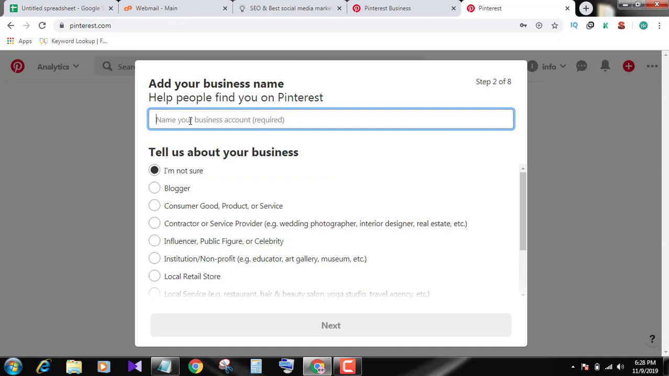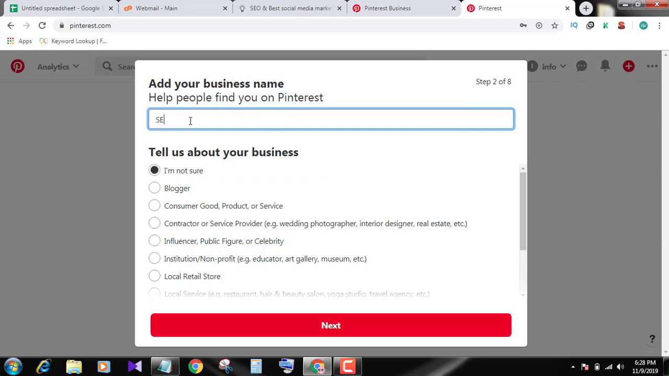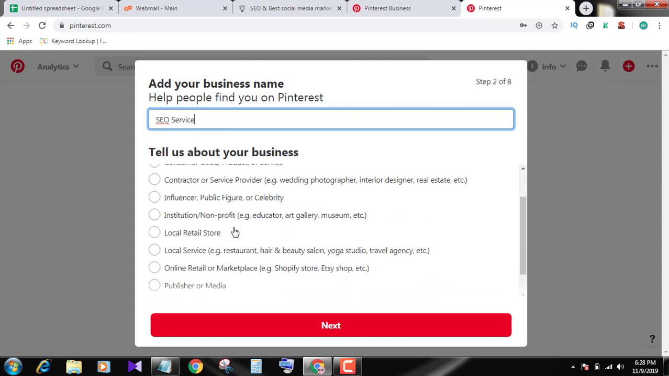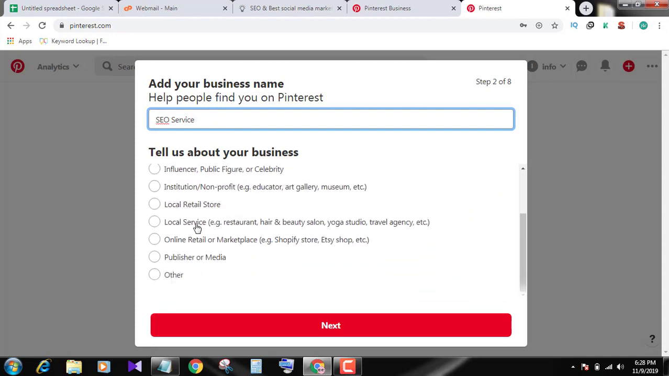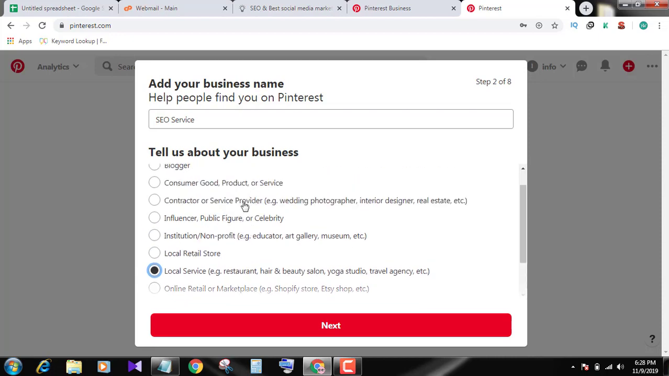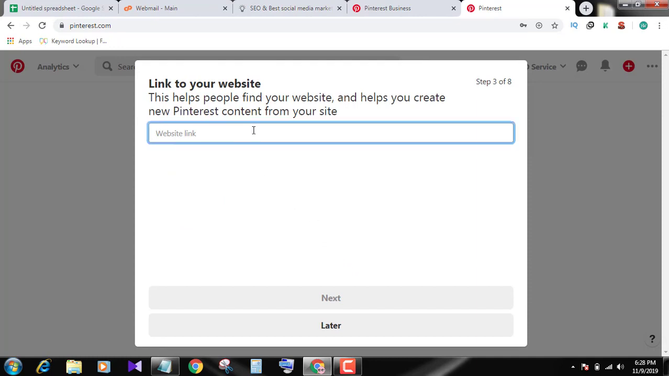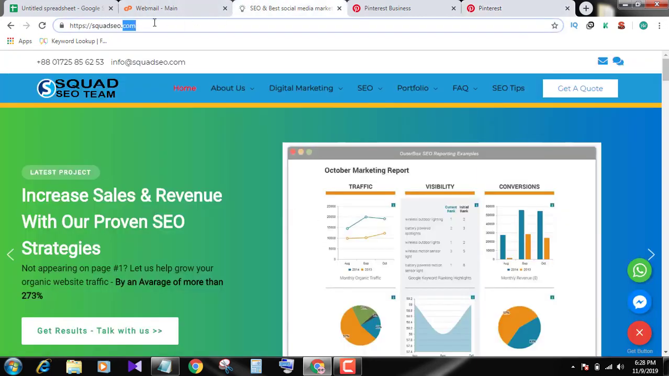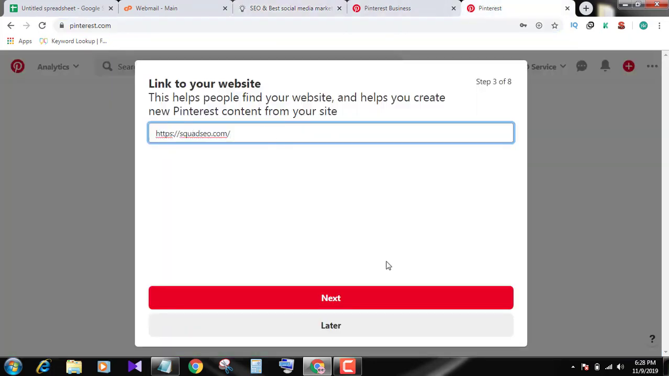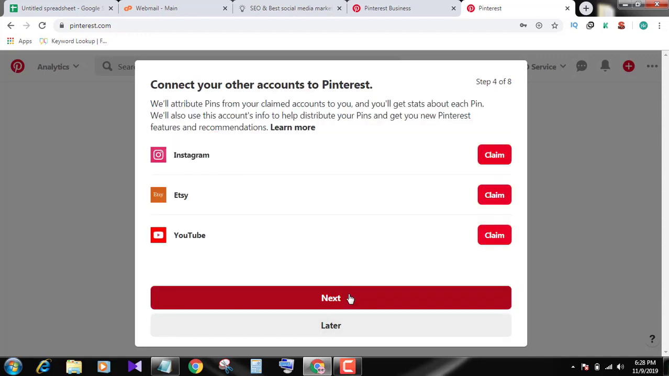The name of your business, SEO service. And this is my local service provider. Then next, website link. If you have a website, then you can add it here. If you do not have, then just later. I have. Next,